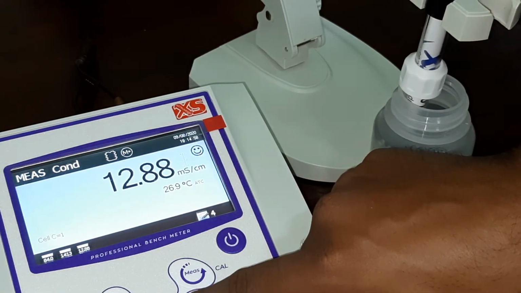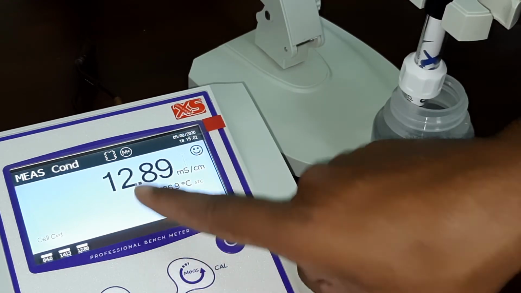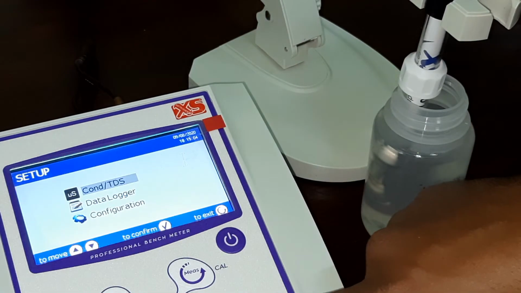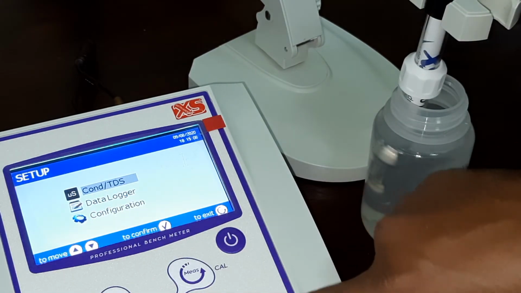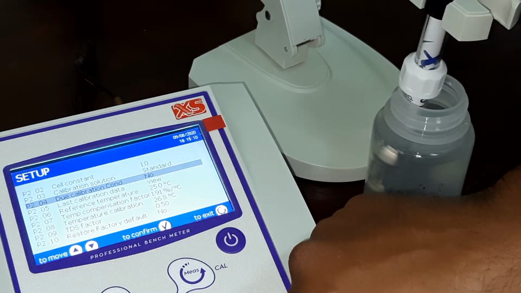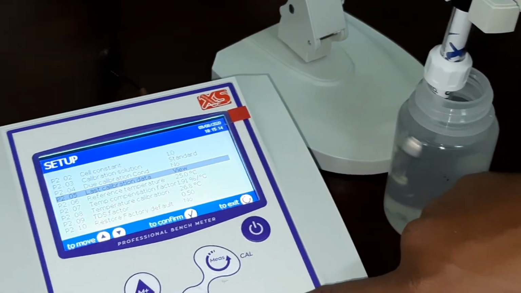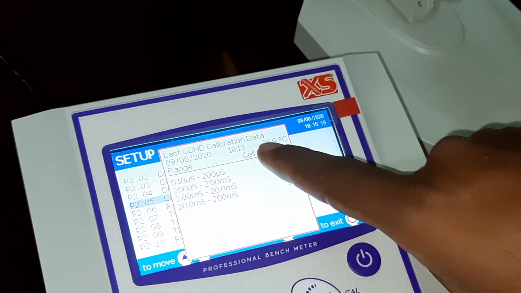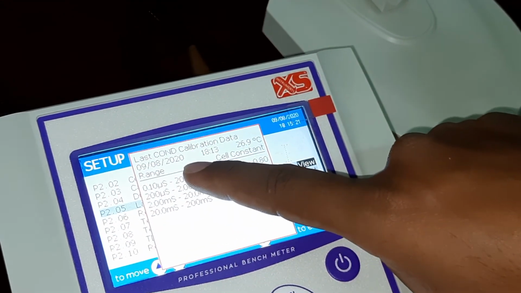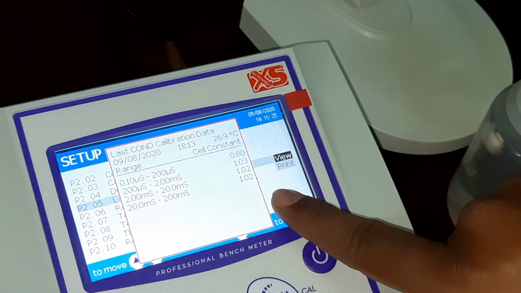After that, okay, 12.88, conductivity, TDS. Last calibration data, view. Last conductivity calibration is 9/8/2020. Time is 18:13. We have calibrated.